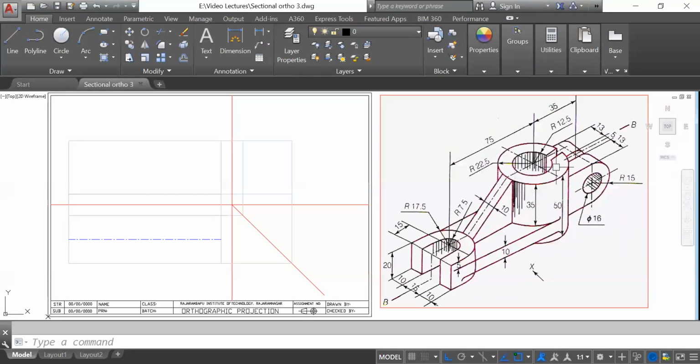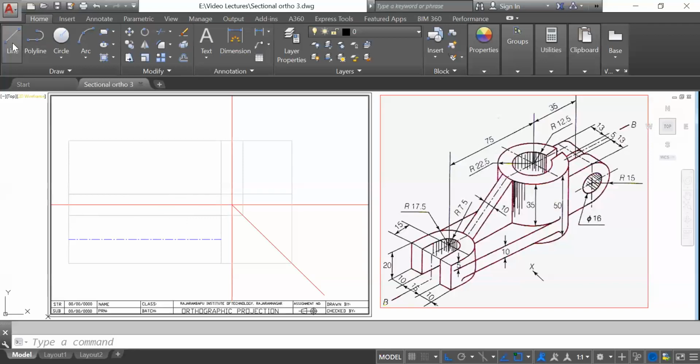While drawing the top view, it is a must to draw the center lines. One horizontal center line is exactly at the middle, which means it is 22.5 from one of the corners. So I have taken the center line directly at the middle by considering the middle symbol here. Then slowly we have to mark the other center lines. You can observe that this center line is 15 plus 75, that means 90, from this side.